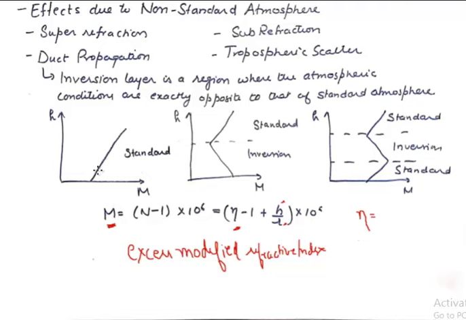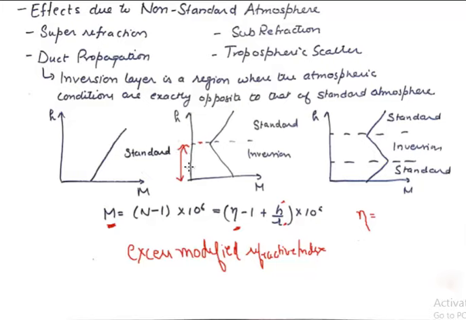It should have a linear graph where M increases linearly as the height increases, but that does not happen in the ideal case. If M decreases with the increase of height for a certain height, and then it starts to behave like a standard atmosphere, then a duct is created within this height, and this duct is known as the ground duct